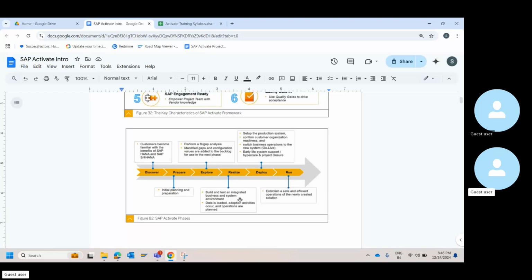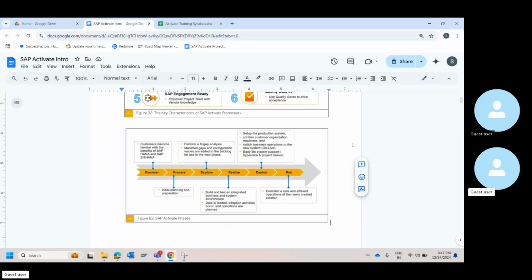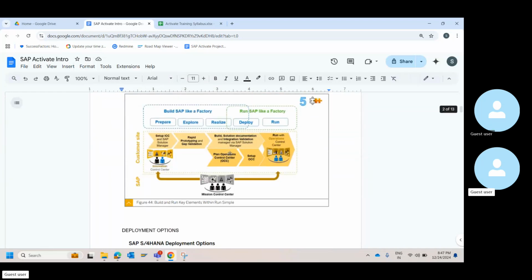Then realize: you build a system, you test it, you load the data, and your operations are planned. In deploy, you set up the production system, switch business operations to the new system, then support them with hypercare. Then you take care of the operations, supporting the business with the newly created solution. This is about the phases.